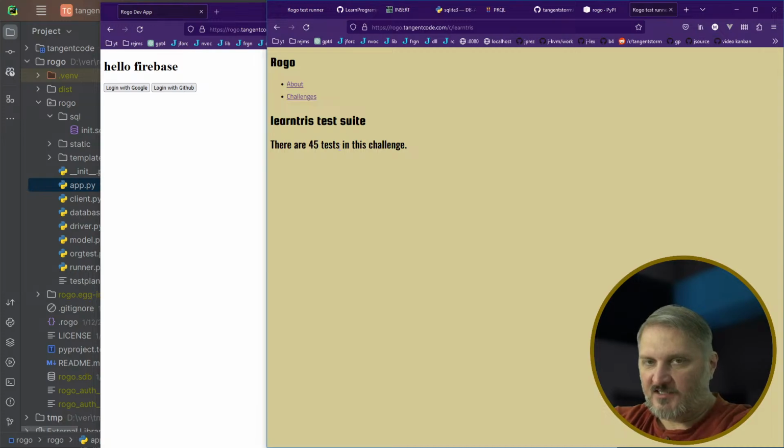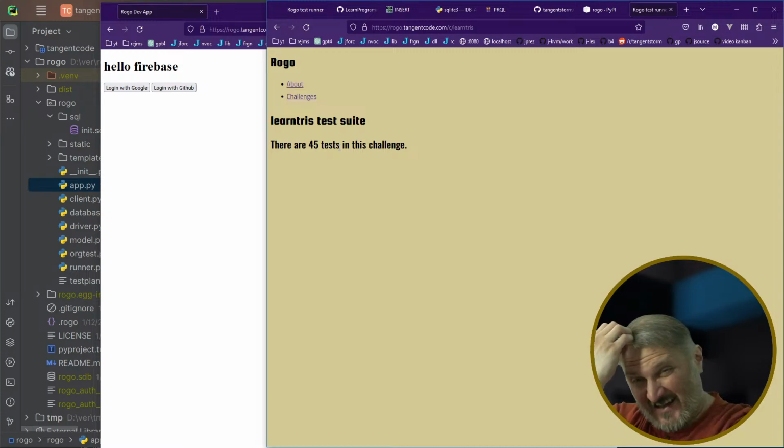the challenge. My goal is, okay, fix this UI so that you can at least see the test on the screen, like we talked about earlier, so it's not just filling up your whole terminal window. It's going to be nice and pretty in the browser. And then two, I'm going to work through LearnTrust myself, and as I do that, I'm probably going to change things. And I don't have a way to re-import things. And what happens if I reorder the tests or things like that? That could be